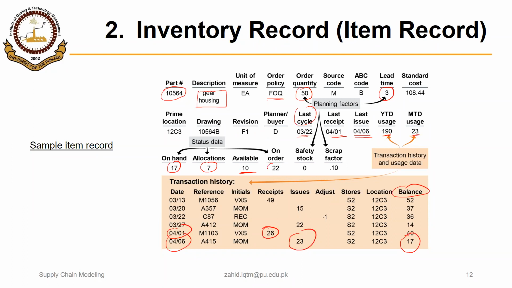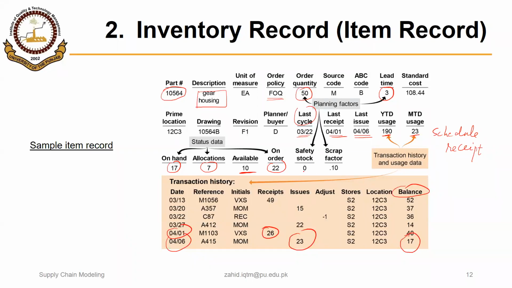There are 22 items on order as well. So that is what is called scheduled receipt. So if we can track the order date of these 22 items,